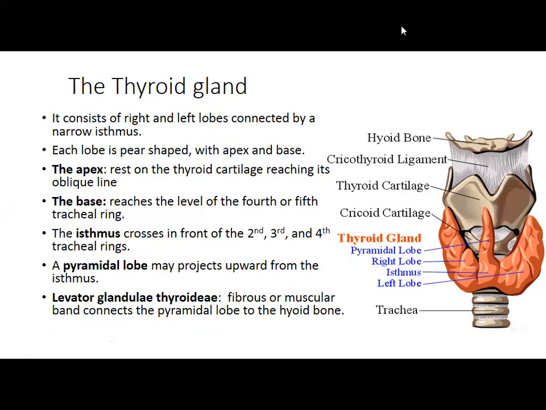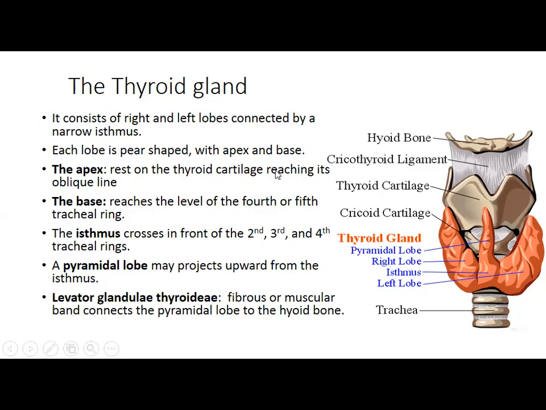Now going to the next important endocrine gland, that is the thyroid gland. The thyroid gland, as you know, is present in the neck. It consists of the right and left lobes connected by the narrow isthmus. This is the right lobe in the neck, this is the left lobe, and these two are connected by the isthmus. This is how it looks in the neck, just in front of the larynx. This is the larynx here and the trachea. So just in front of the larynx and trachea, you can see this gland called the thyroid gland. It has two lobes, right and left, connected by the isthmus.